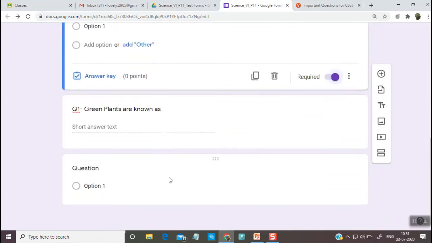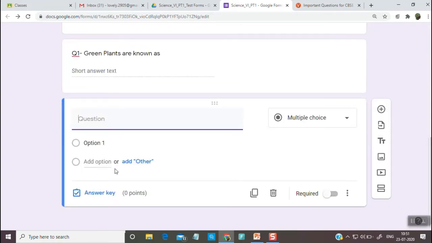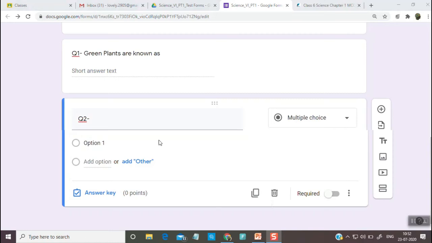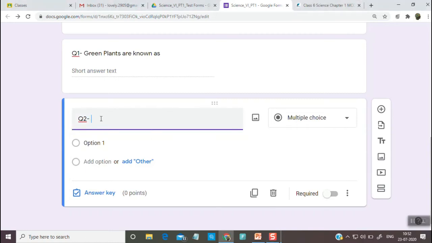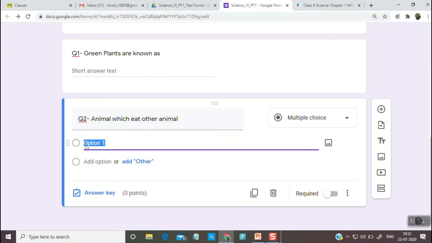And then these questions. Now this question was short answer type. Let's see how to give MCQ type of questions. So question number 2: Animals which eat other animals. So you can give different options like